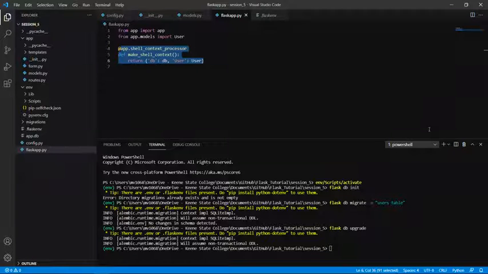Okay, finally, now we are ready to add all this content. Okay, deploy all this content. Sure, you can run it with the Flask shell. Okay, so we are going to run these database changes with the Flask shell command. For that, you have to type flask shell.